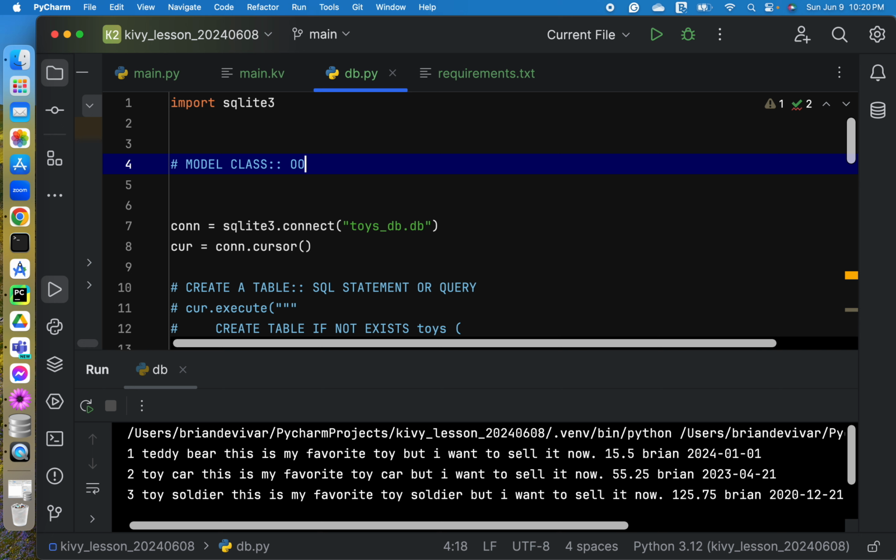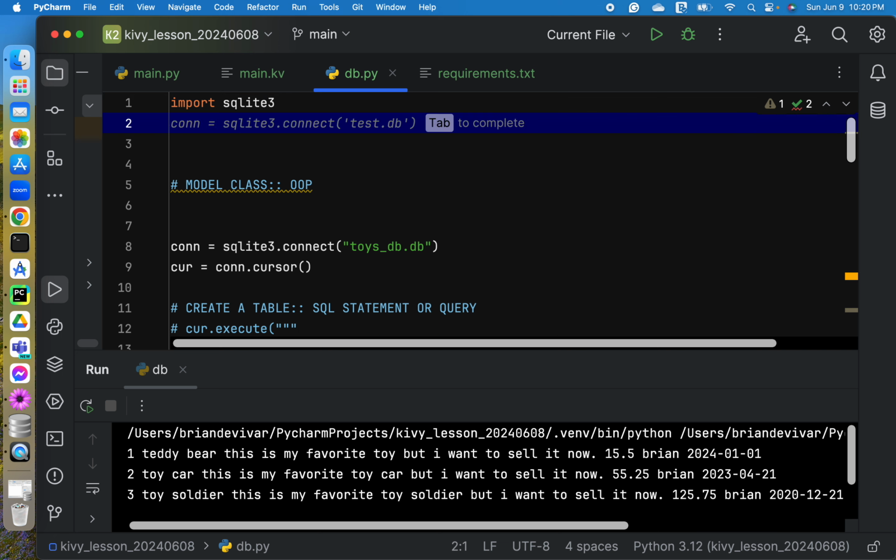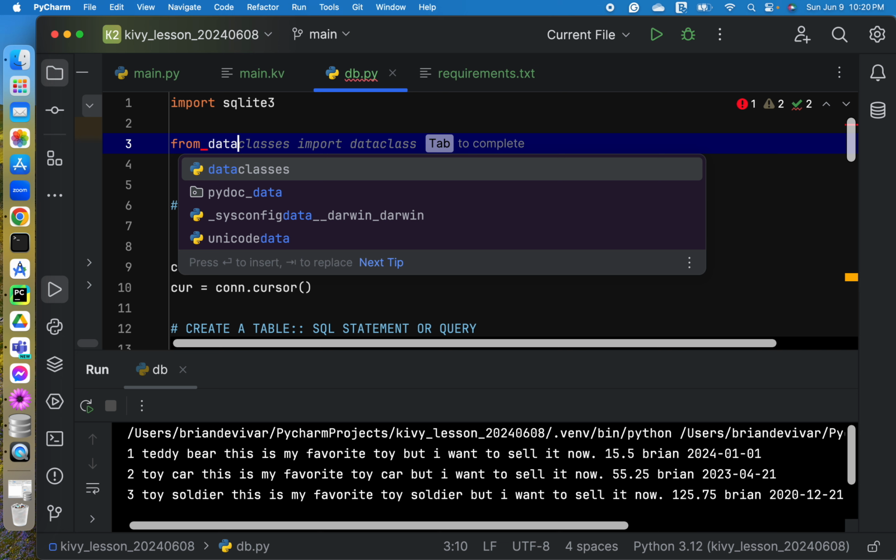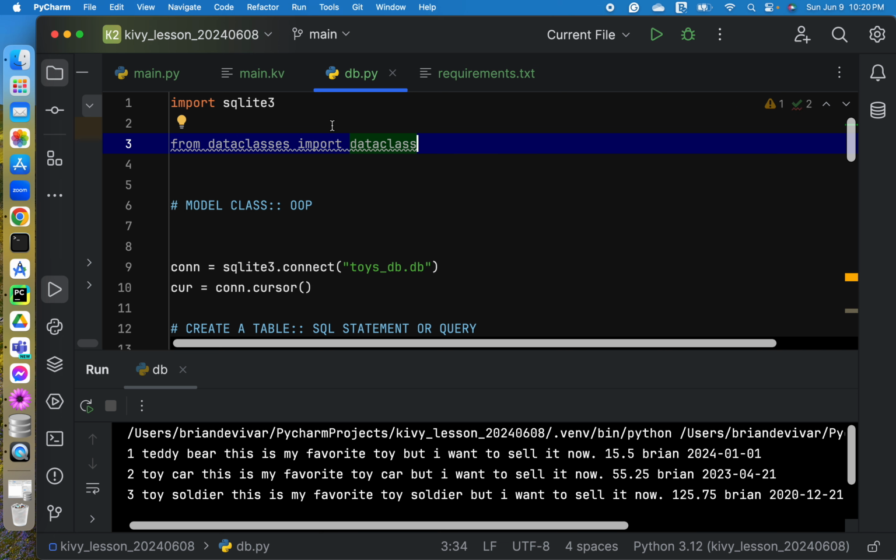So this is an object-oriented programming approach, and for this we will need the data classes, or the data class package.